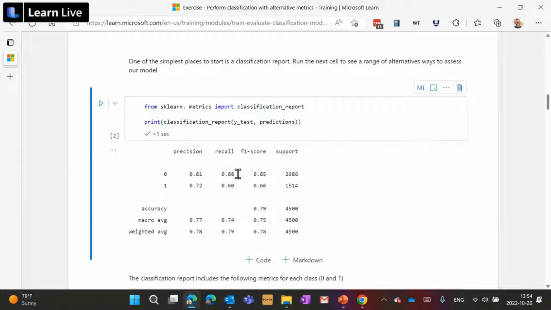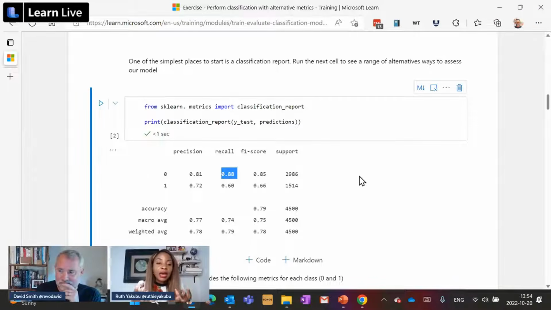Then also here is the recall. So it's basically out of the cases where somebody did not have diabetes, how well did the model do in predicting that they did not actually have the